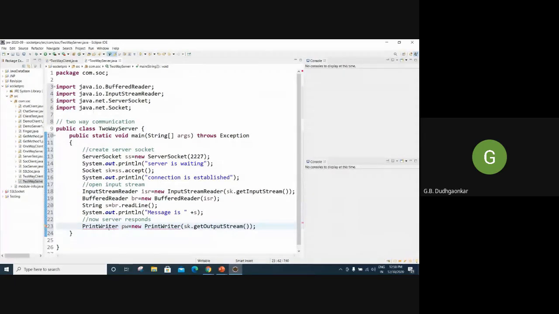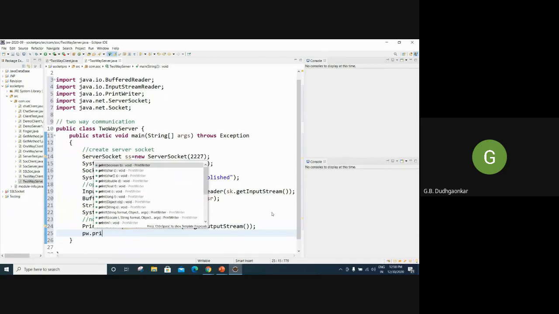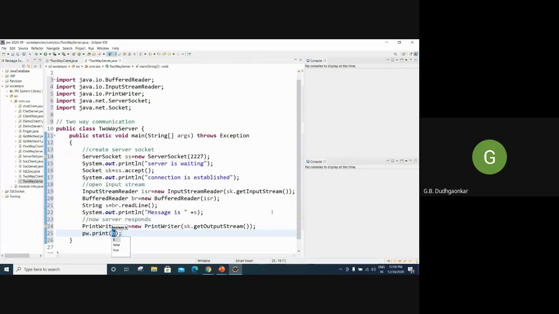Again we have to add the appropriate package. Then use that object to print the message from the server: hello client, how are you?